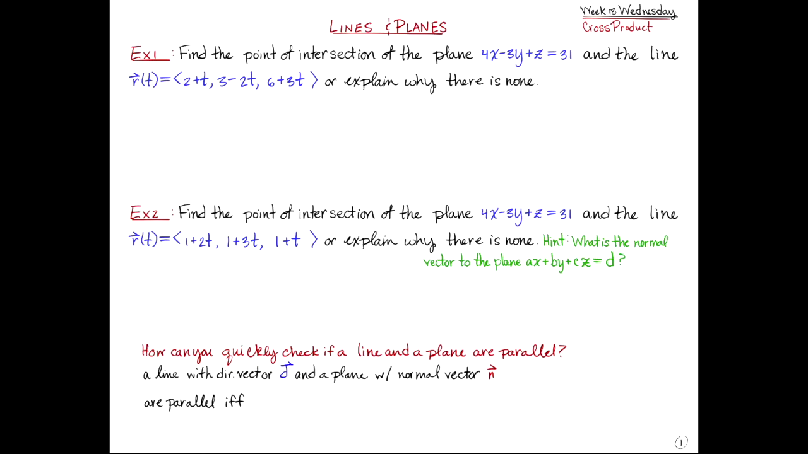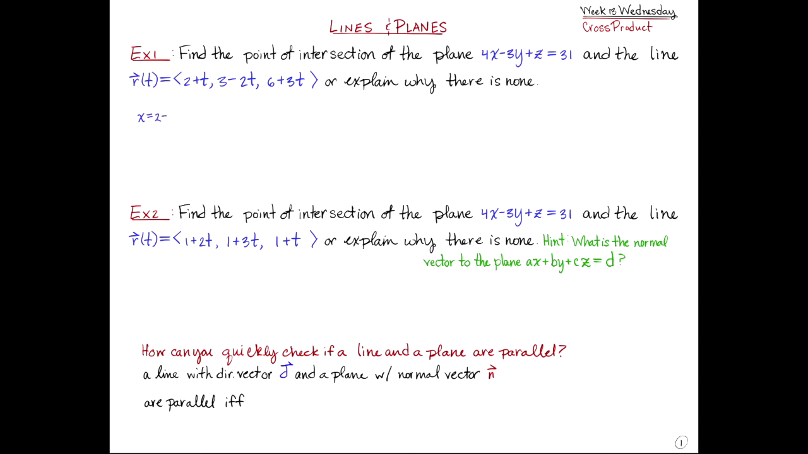3y plus z equal to 31 and the line r of t. The challenge here is that our plane is given to us in terms of x, y, and z, and our line is the parametric vector equation of a line. It's given to us in terms of t. So we need to use the parametric equation of a line to rewrite r of t in terms of x, y, and z. In parametric form, x is equal to the first component of our vector, giving us x is